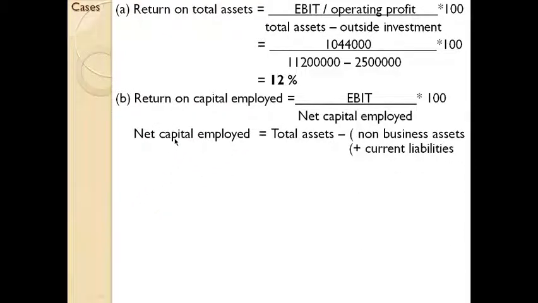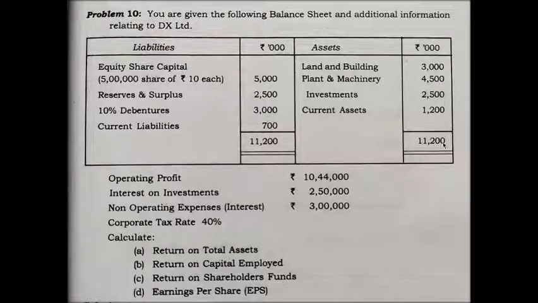See, the net capital employed equation is total assets minus non-business assets plus current liabilities. That is, you need to deduct non-business assets and current liabilities from total assets. And we all know the amount of total assets. You have to make sure that at the top of the statement it is given that 000 means 3 zeros. It means for all amounts there is an extra 3 zeros. So instead of writing them, for convenience, they have just dropped the 3 zeros. So while computing, you need to add these 3 zeros along with the main numbers given in the question.